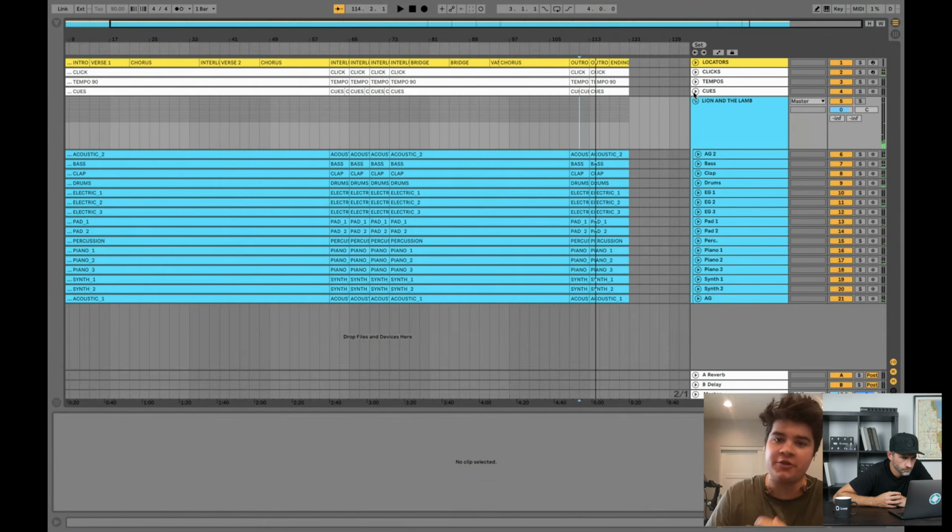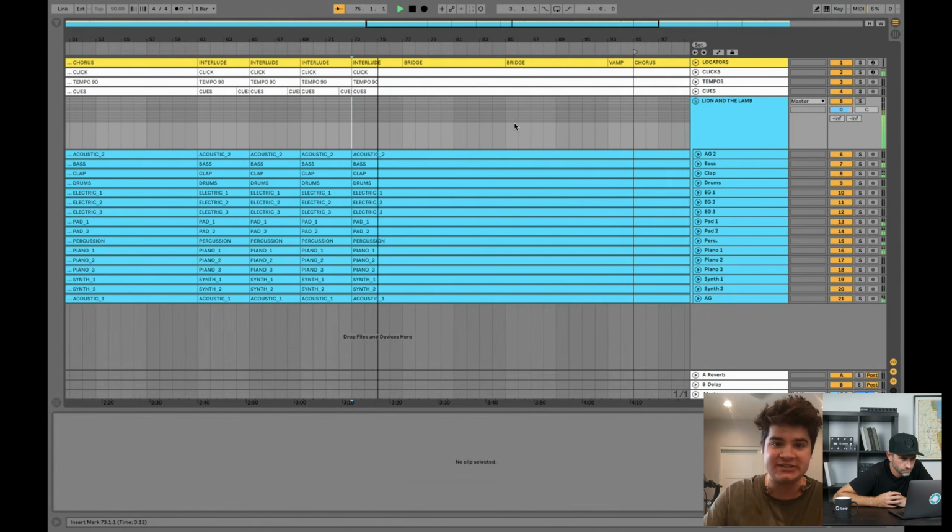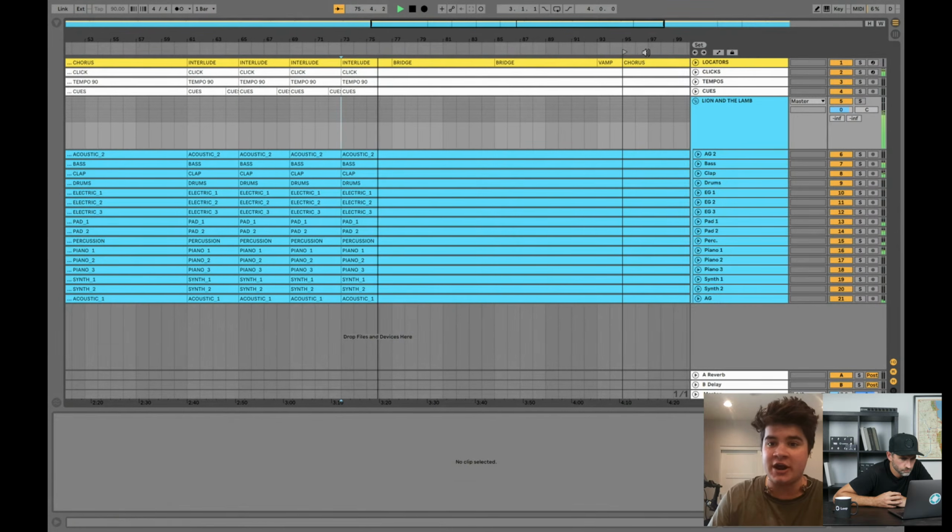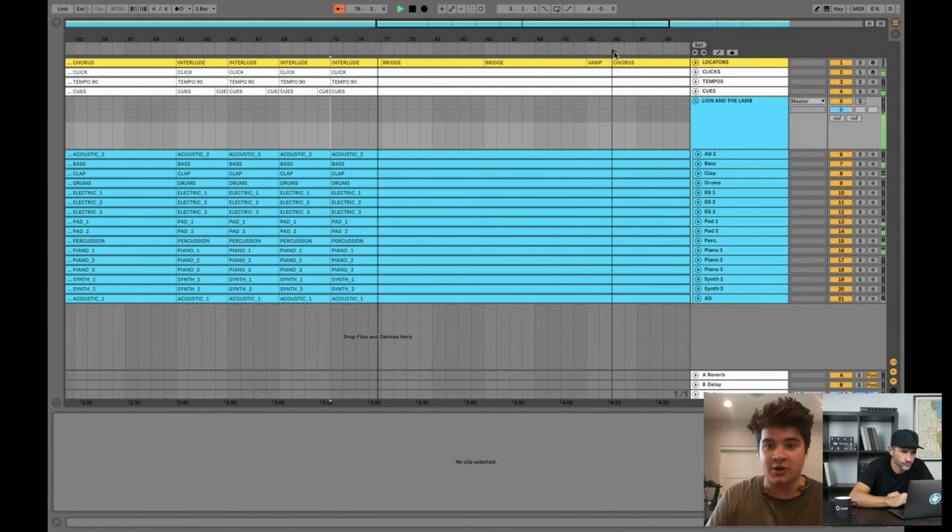Another huge benefit is you can also drop locators. How you do that is you just double click right up here and you're able to add locators. And then in any moment, if you map it to your loop and mix, if you're thinking, hey, I want to be able to go to a chorus if I want to, you can just map it with your quantization to one bar, and then say you're playing in the middle of this interlude, and you're like, we need to go to a chorus after this. Map it to your loop and mix, and at the end of it, you can just time it just right. Bridge. 2, chorus, all in.